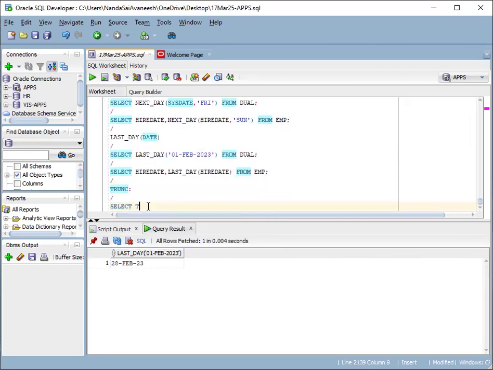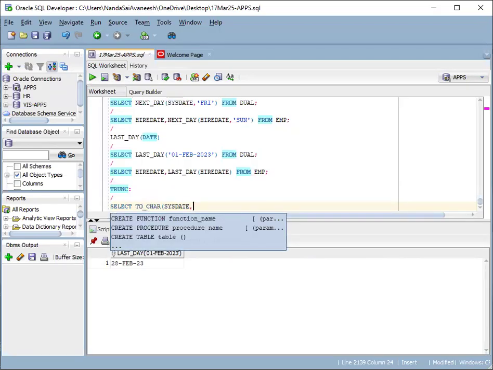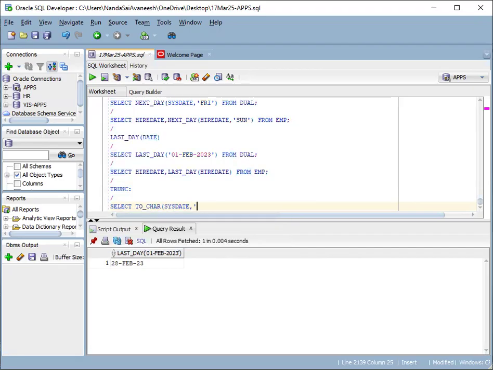Select to_char of sysdate, comma. We need to give the format in which we are providing this data. Date, sysdate will be in the dd-mon-yy format, and hours, minutes, seconds,